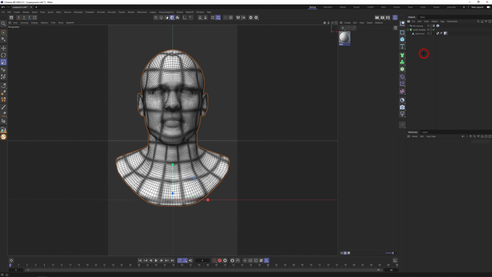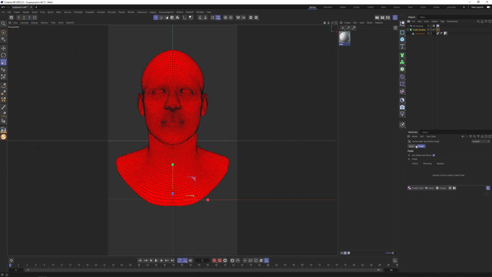For further simulation, we need to create a new vertex map that will be driving the cloth. Creating the first vertex map and naming it pin. Now we're going to Fields, uncheck Use Deform Points, and we will use our shader to match our geometry and